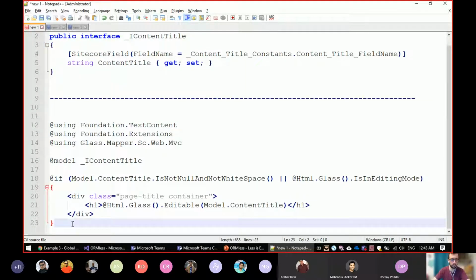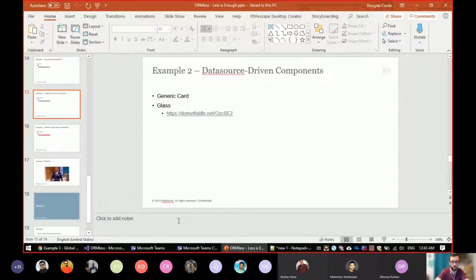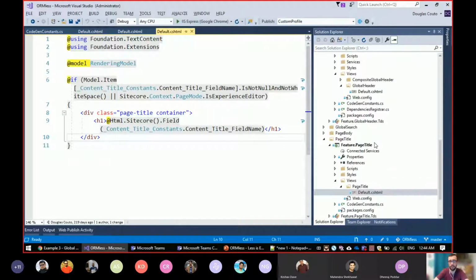And then down here, I'm showing the amount of code that you'd have to write to render that field, which is not very different. In this case, it's pretty much the same. There is a single method in Glass called editable, and you pass it a field, and it will render that field. Okay. Let me go to my next example. So my next example is what I'm calling a generic card. So this is a component that takes a data source. So in my example here,